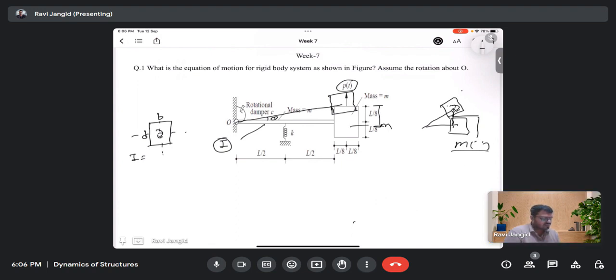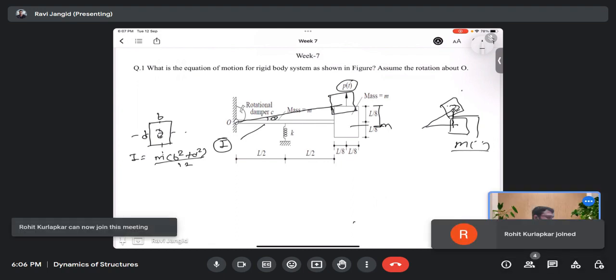M d square b square. Yes, m b square d square divided by 12. Okay, so that is given for that. So now we first need to find out